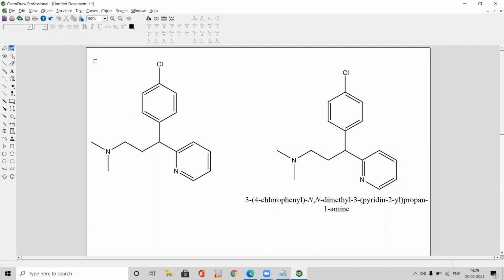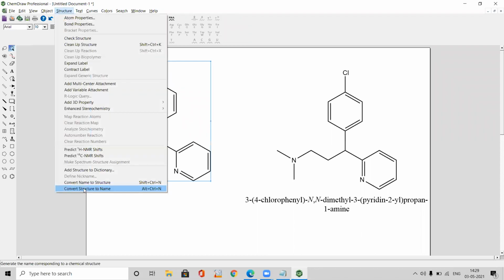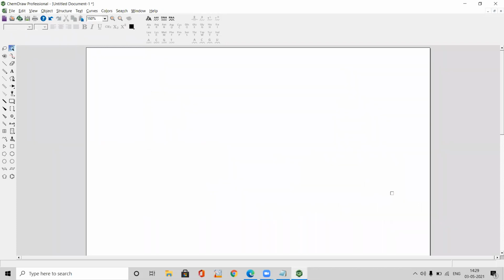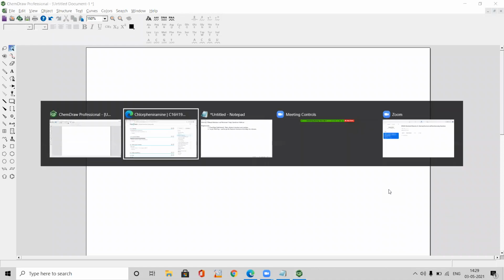Now let's select this one also. Let us try to see same name will come or not. Name is same. So this is how we need to cross confirm the chemical structures, names and their accuracy. Now let's see the chemical structure of dapsone.